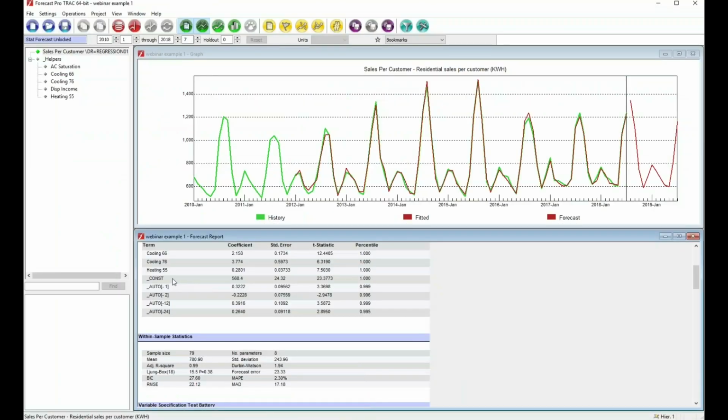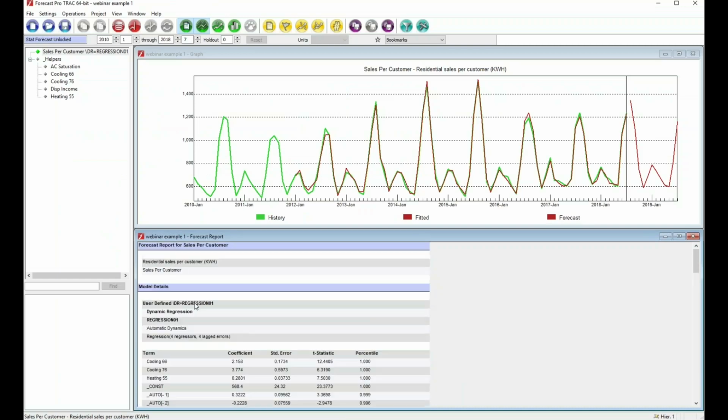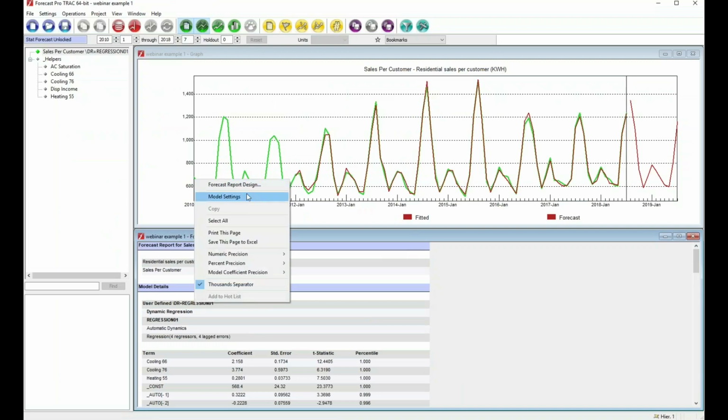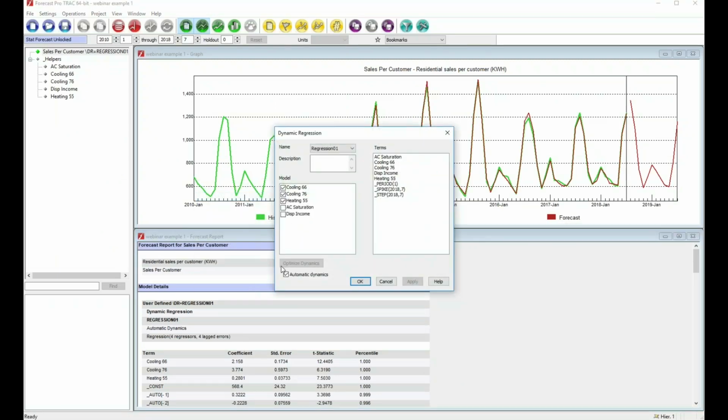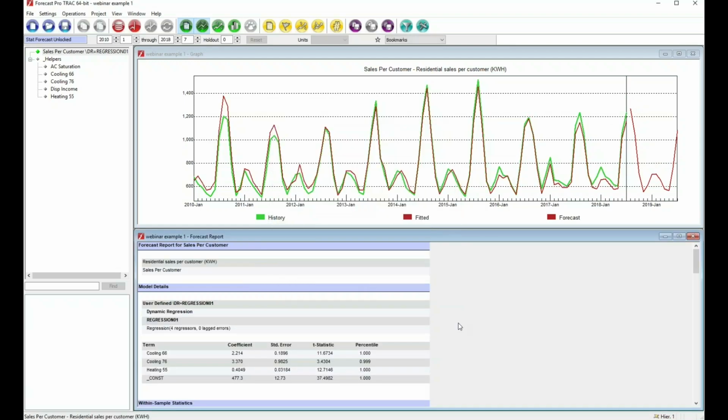We had left off where we had done the dynamics automatically. And what I'm going to point out here is that's not the only way to do it. I could go back to my model settings, and I could turn off this automatic dynamics. And that would allow me to explicitly add any sort of dynamic terms I want to use. I'm just going to start with a model that includes a constant term, but no other dynamics, and build that